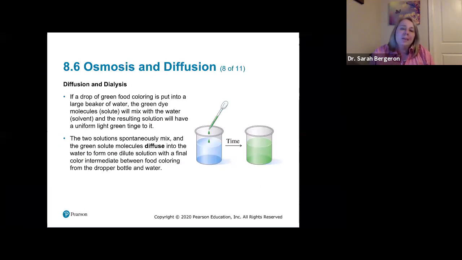Now, think about what happens with those solute particles. If you have some solute and it's very concentrated, just like our drink mix analogy before, if we put a drop or two of that highly concentrated drink mix, which is very, very dark, in this case dark green, and we just wait, don't do anything, don't even mix it, just wait. Eventually,